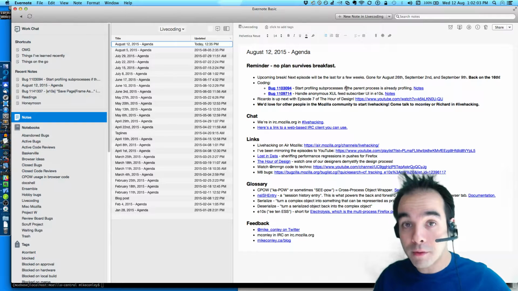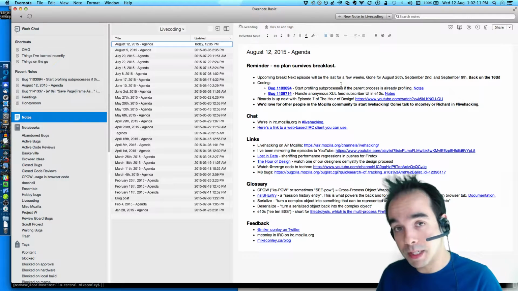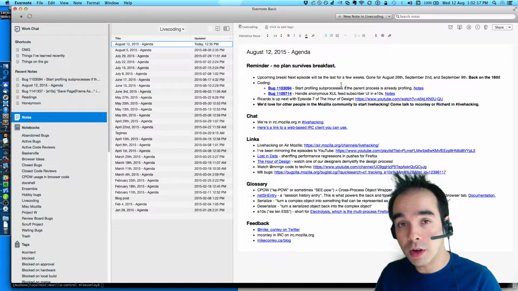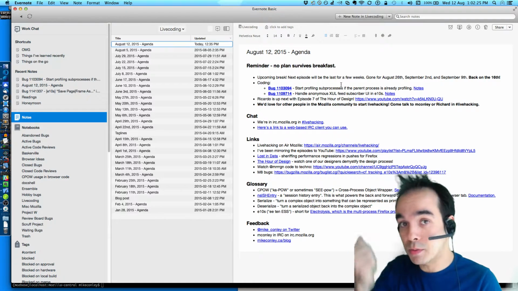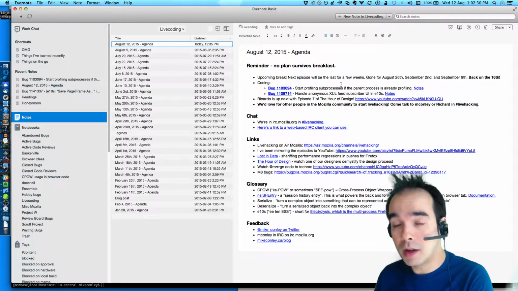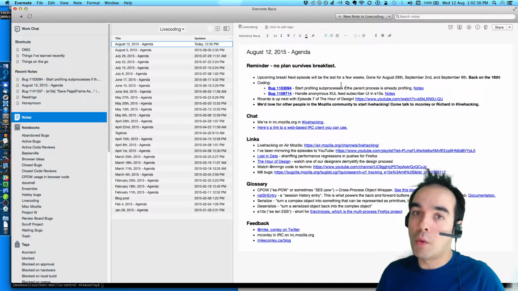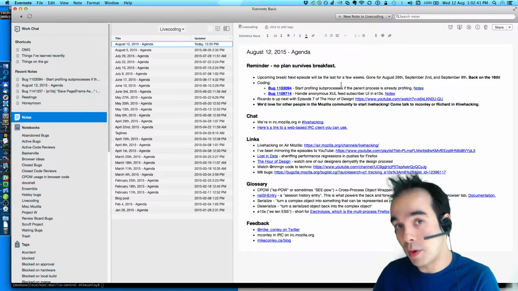I'm going to make it so that whenever we're profiling, and by profiling I mean gathering a performance profile, which is useful for determining what's making Gecko and Firefox slow, if a process starts or ends before we've actually gathered the profile, currently we lose any profile data from that process when it ends. What I want to do is make it so that if the content process or plugin process ends before the parent can request the profiles, on exit the process will cough up a profile for the parent to hold on to until the user requests the profile.